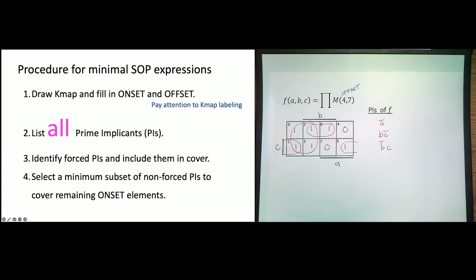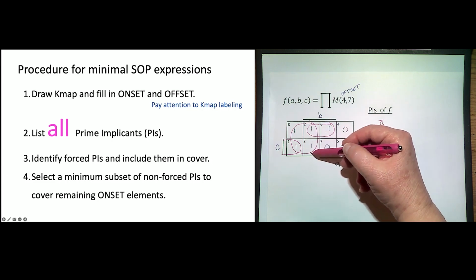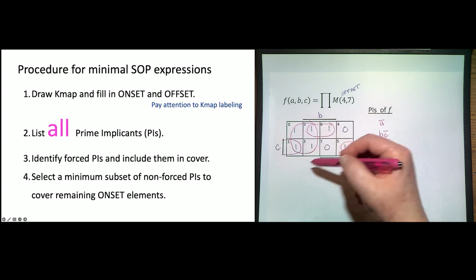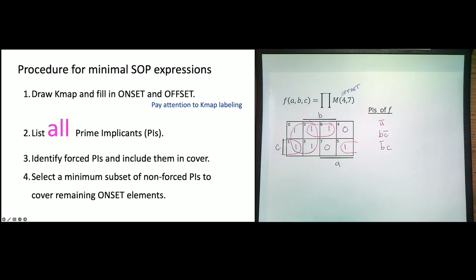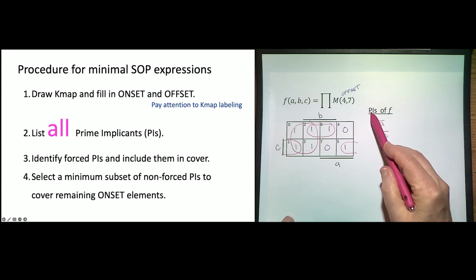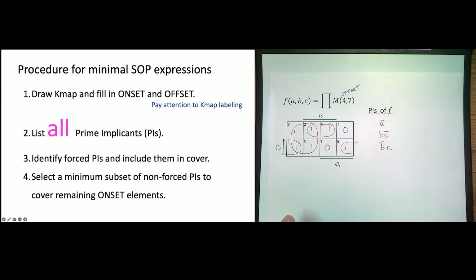No more? Actually, no, since we did 0, 1, 2, 3, we can't do 2 and 3, right? 2 and 3 would not be prime. Right. Don't ever draw anything that's inside another one. Parts of it can be in 2 others, but not completely inside another one. Only draw the prime ones. Right? PI stands for prime implicant here, not private investigator.